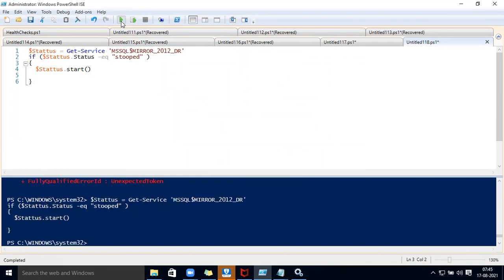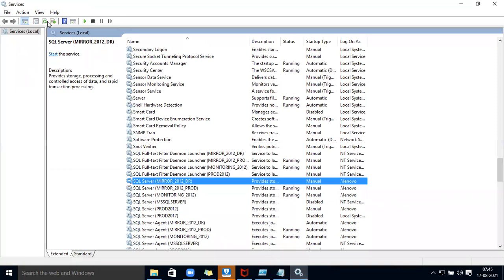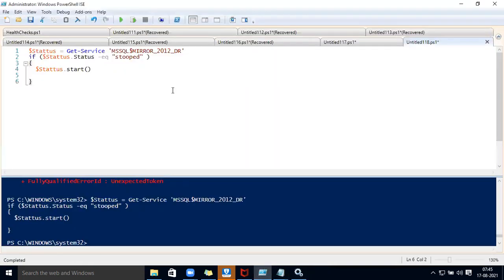Sorry, why I have run this one first. If my cursor is here, it will run only this line. So that's why it gave the error. You have mistyped the spelling for stopped.